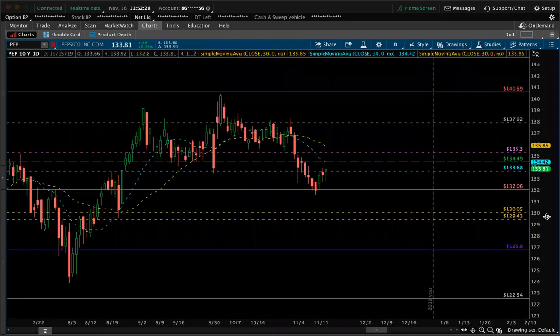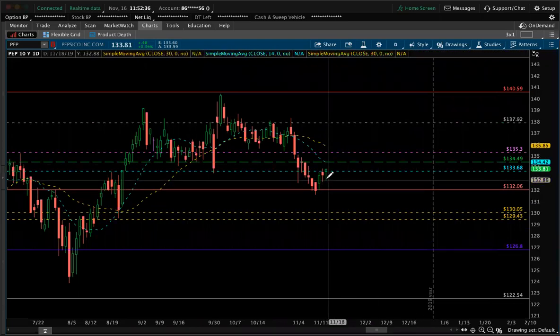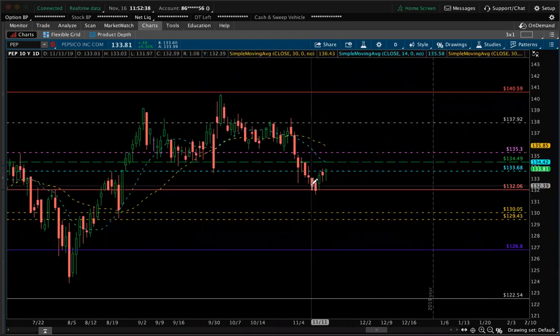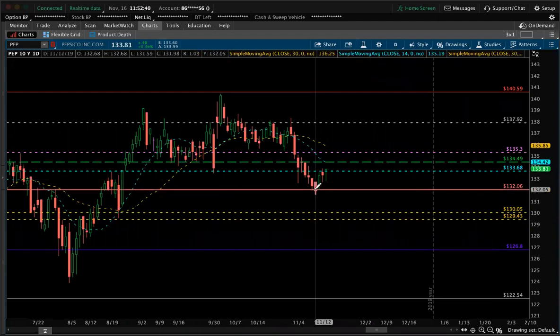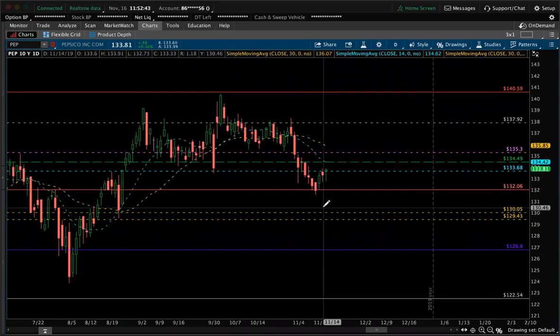Forget about how the chart looks right now. Let's just focus on the levels. So we noticed that 132.06 had to hold last week, right? So this is Friday, Thursday, Wednesday, Tuesday, Monday. Monday, and then Tuesday was a low. Tuesday was a good time to go long 133s end of week and 133s next week, right?